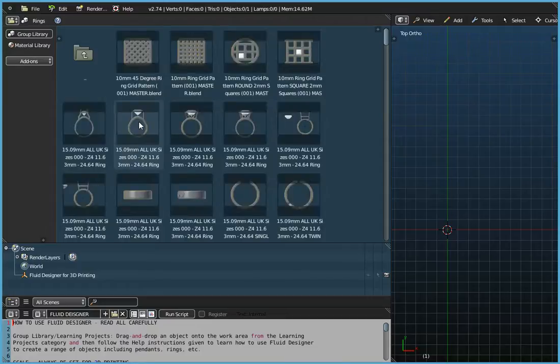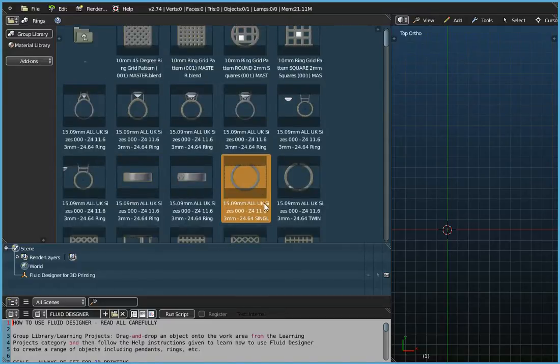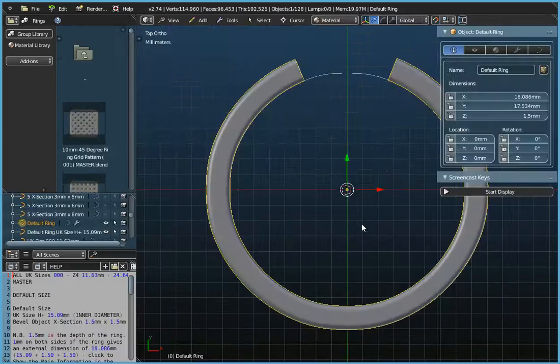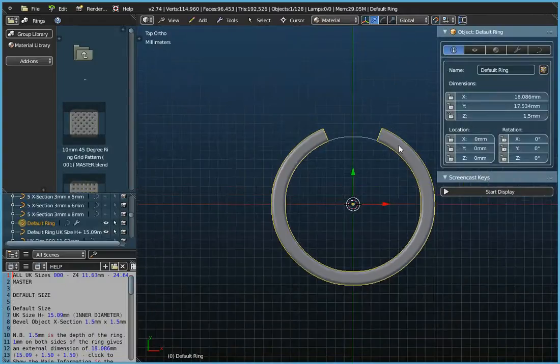folder, and we're going to use this all UK single size object. So if we just drag and drop that onto the workspace, now we're going to